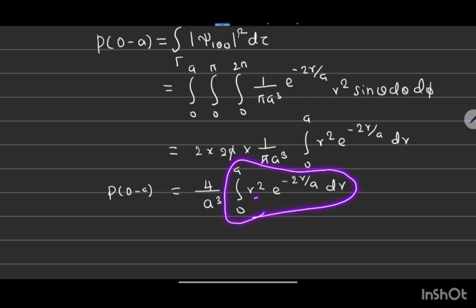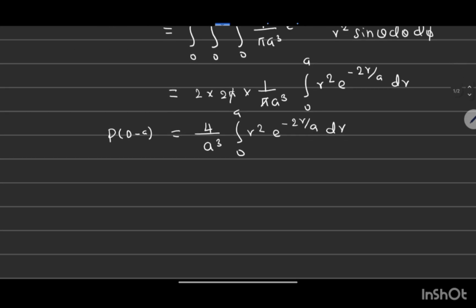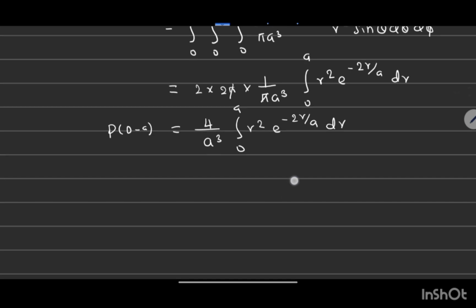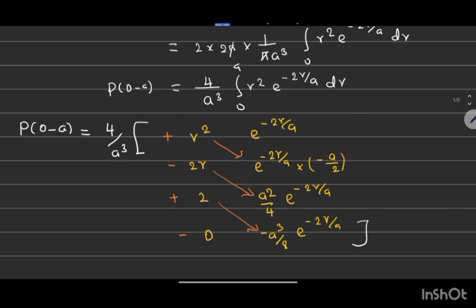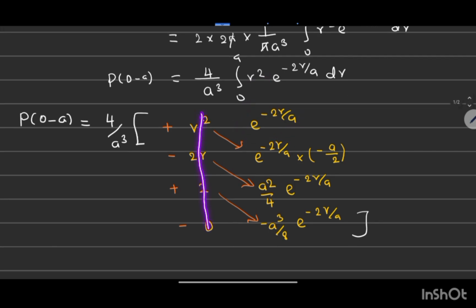Here you can see since r squared is involved, we have to apply the integration by parts technique to integrate this integral two times. So keeping track of all the variables will be very difficult. So one can follow this trick easily. Here the trick is, you have to put this one as u and this as v. Okay, so on this side you keep on differentiating, on this side you keep on integrating,